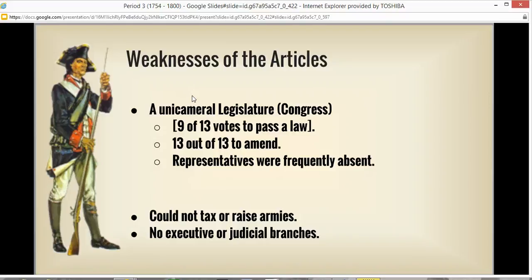Also, they can't tax. The Articles do not allow them to tax. There's no federal tax. They can't raise armies. So if the United States were to go to war with another country, each state would then decide whether or not they want to send their troops. And so